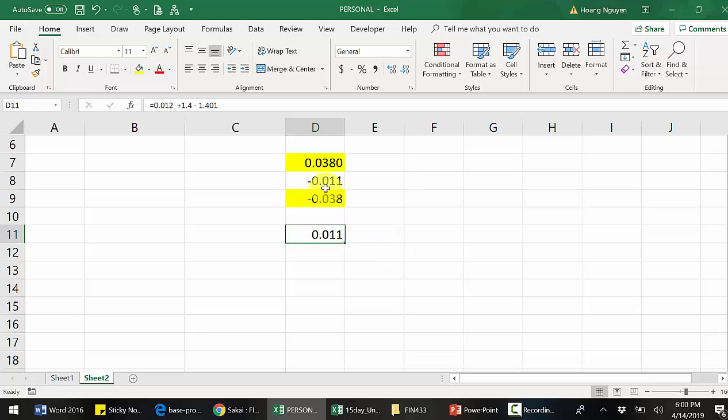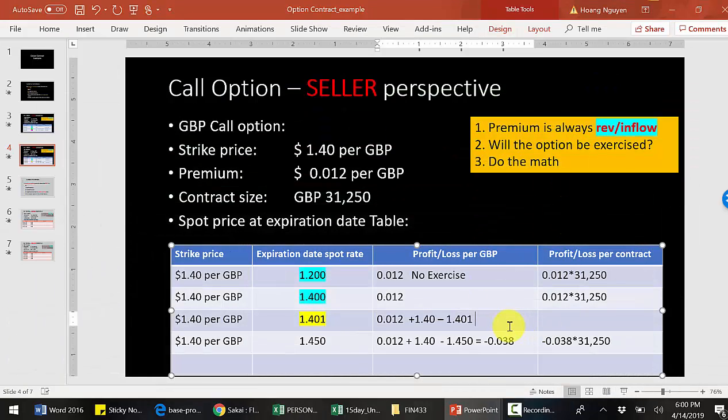Okay, and in this case you see the same thing. The seller makes 1.1 cents and the loss for the buyer is 1.1 cents from the previous video. Okay, so again it is a zero-sum game. So the seller makes money in that situation. It is 1.1 cents per pound, and for the whole contract, you multiply it with